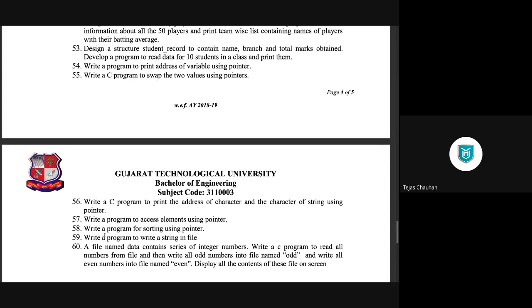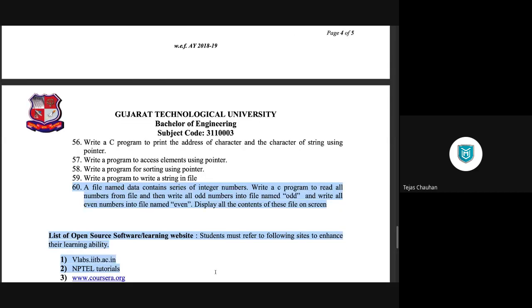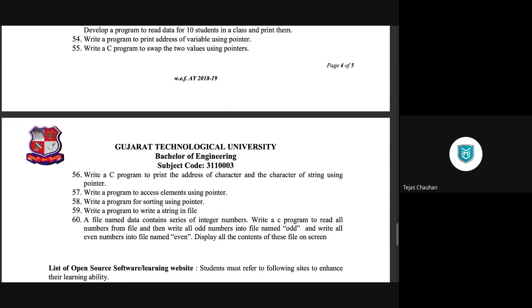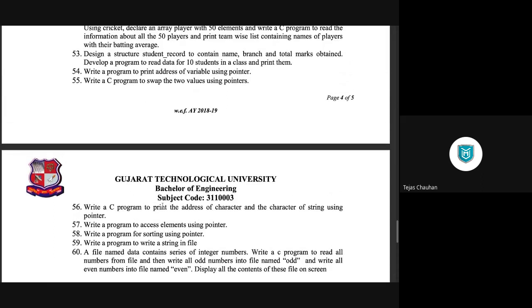We'll resolve that problem. And the remaining last program, the 60th program, I'm going to show you in the lecture session itself in the next lecture. So we will be done with the entire list of programs given by the university.